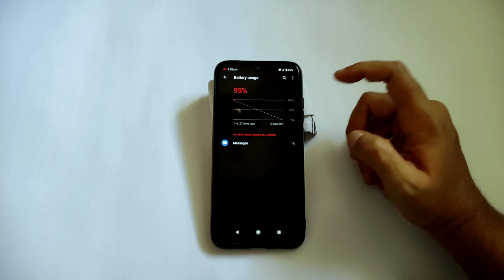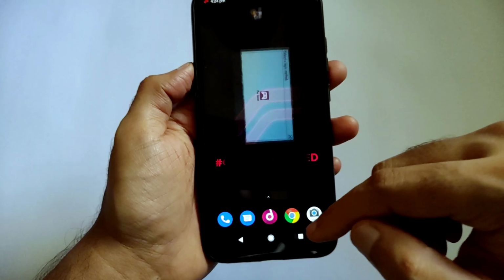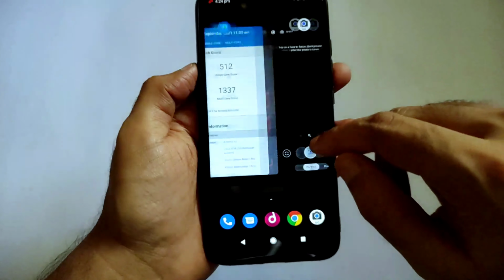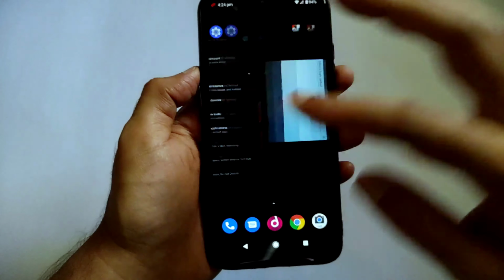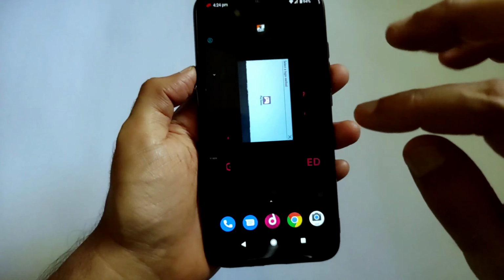Maybe it's only for me or anything like that. Do mention it in the comment section below such that others will understand, or if I want to find a solution, such that I can understand it. This is how the performance is in this ROM. The daily tasks, everything is working fine, but for some reason, which is really important, BGMI is not working in this ROM. Do note that, at least for me it's not working. For others, if it is working, mention it in the comment section below.